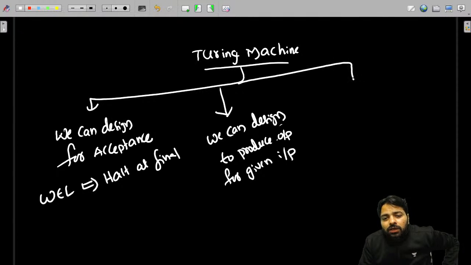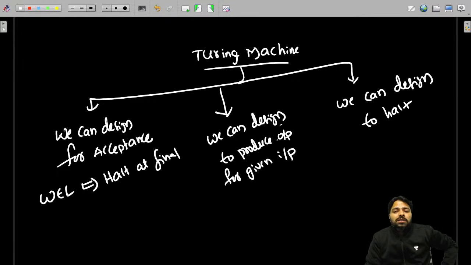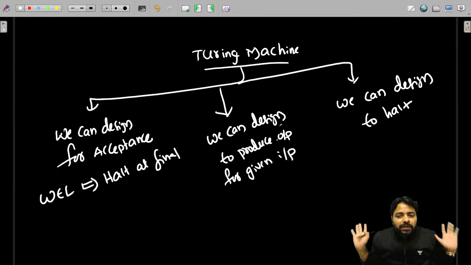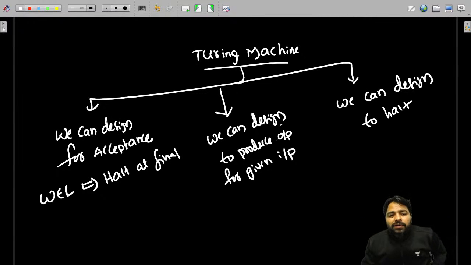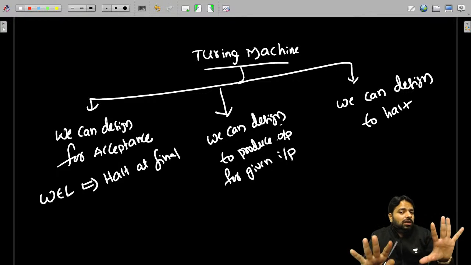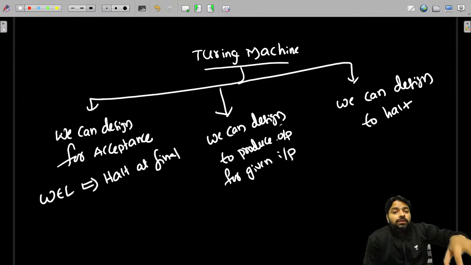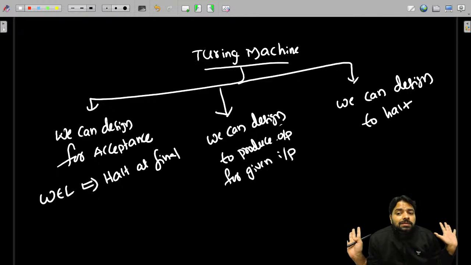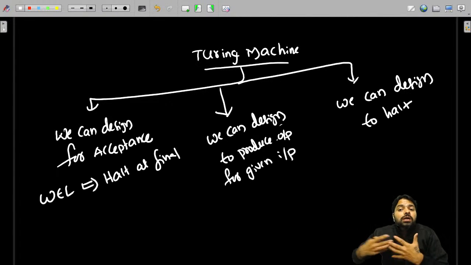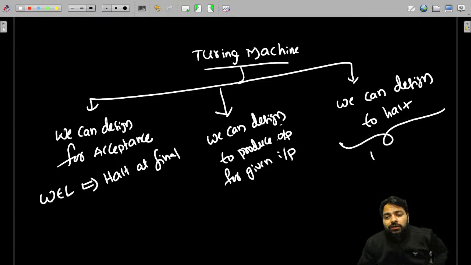And the other one, Turing machine, we can also design to halt. There is no final non-final concept. Just halt whenever you observe my property. It's property based. Whenever you see my property, just halt. I can design a machine to halt when you start with A, halt when you start with B. Here there is no meaning of acceptance. This is halting nature. Halt when you see my property